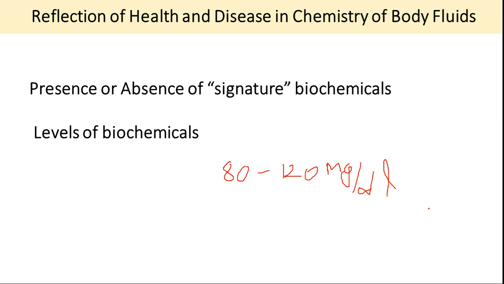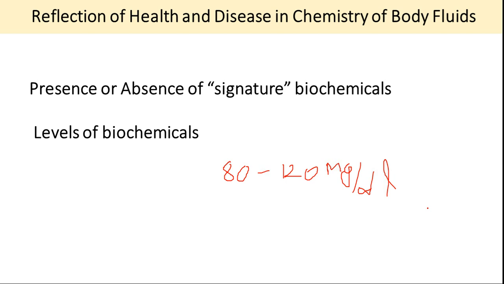But if you have a level more than 129, up to 120 to 129 is the buffer area. If you have more than 129, you are prone to diabetes, or otherwise you will be called pre-diabetic. And like this, the level of sugar in your blood at appropriate physiological condition is defined, and it will tell you whether you are healthy or you have some kind of a disease. So in this way, the biochemical analysis is going to help us in identifying a disease.